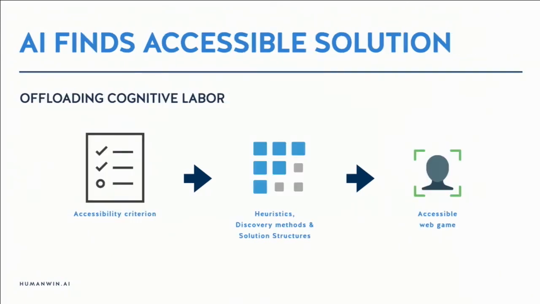Now, here's where artificial intelligence can kick in. Because now we're offloading this cognitive labor that we have to struggle so much with to understand accessibility. So now we focus on that accessibility criterion, on that user research. And now an AI can match those heuristics with the structures that will provide a program. And this is the bleeding edge research, right, that it's worth looking into. And this is the future for meeting accessibility in web games, right? And there are different schools of thought, but these things are already in the works.